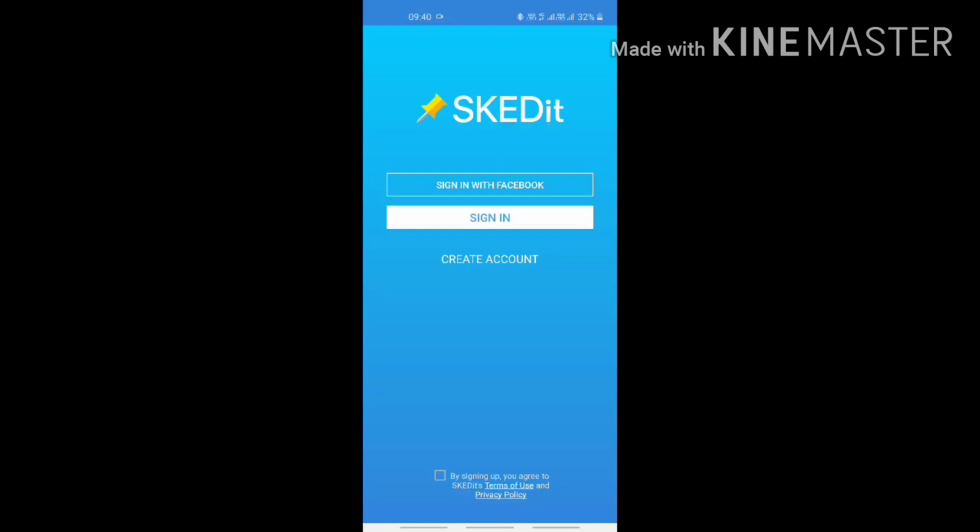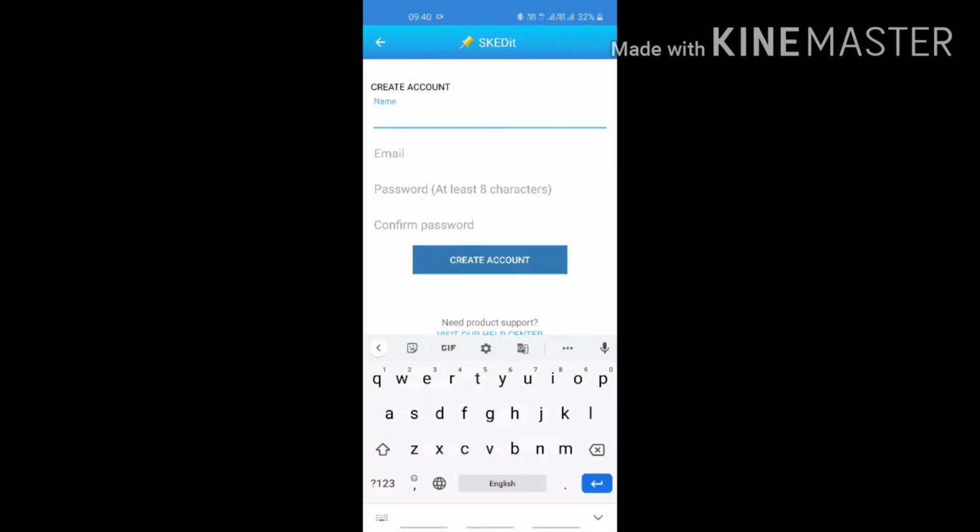Here are two options: sign in with Facebook. You can sign in or register with your Facebook account if you have one, but I am not using my Facebook account here, so I am clicking on create account. In this create account I am typing my full name, Archishman Das.